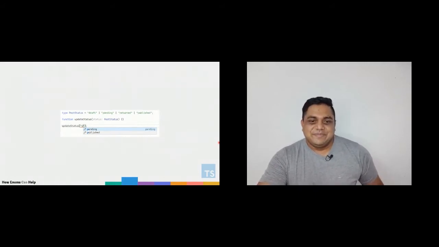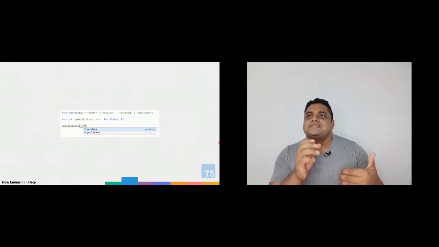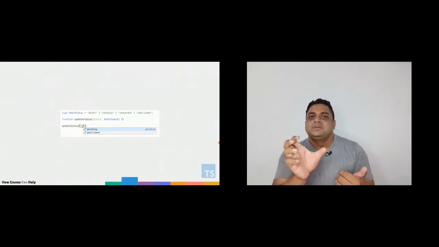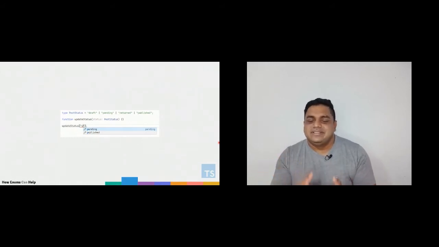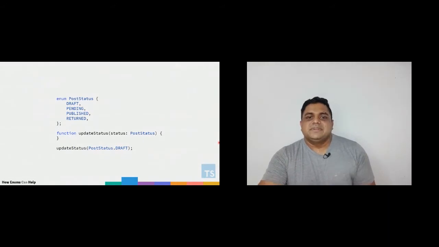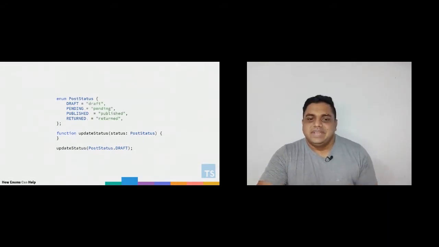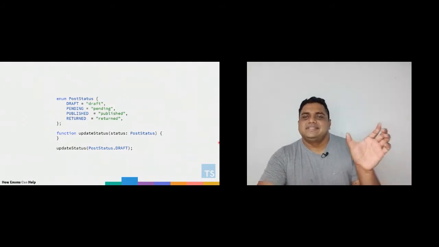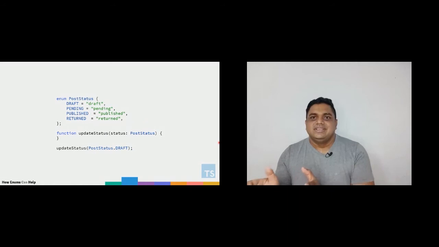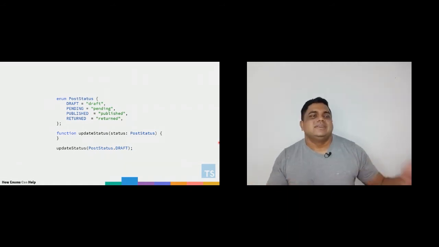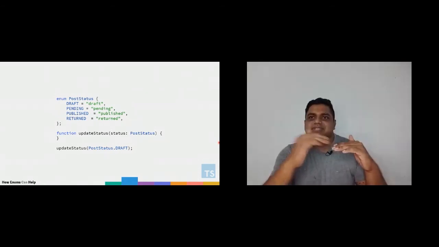So when you try to pass these values, IDEs can show these are the valid values. And if you try to pass a value that would throw an exception, PhpStorm or the IDE can just say right away before you run this code. With TypeScript, you also have named members. So instead of only giving it a name, you can also assign it a string. So you can send this value in an API or send the values to the database and take them back. So you can give each of these members a name as well.